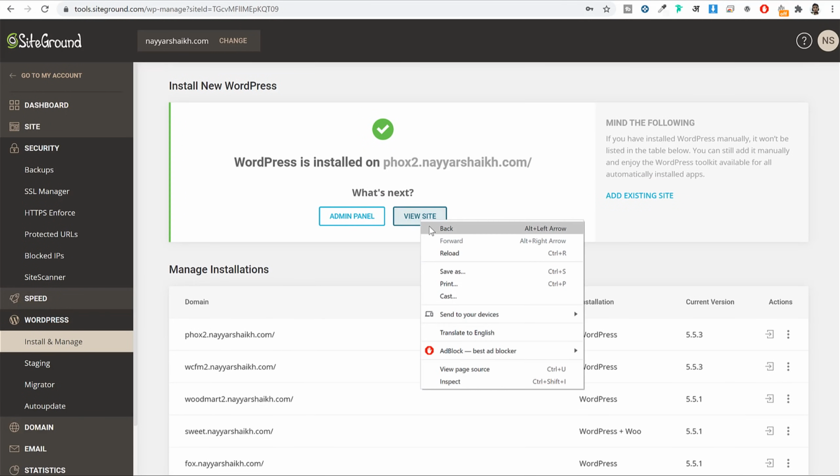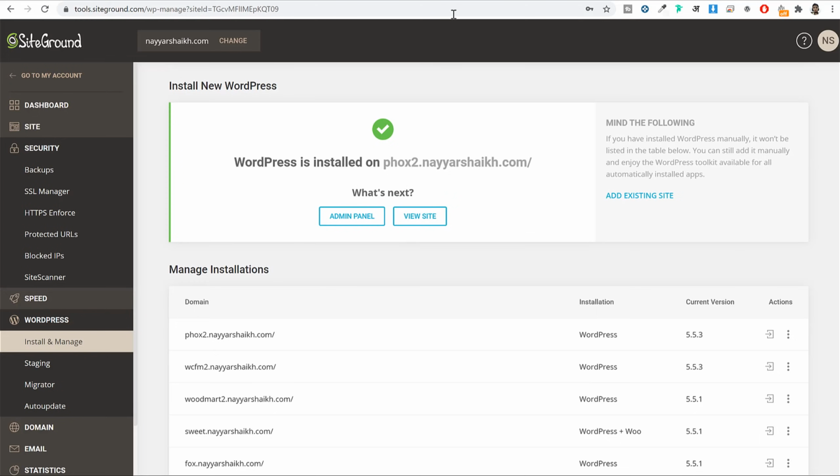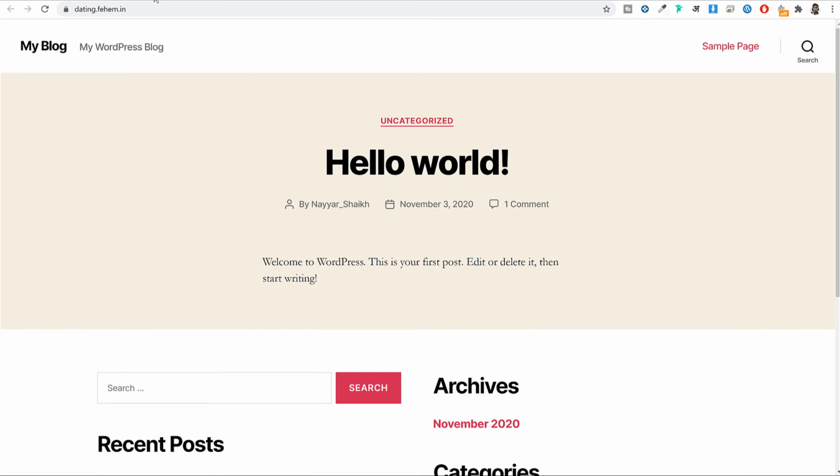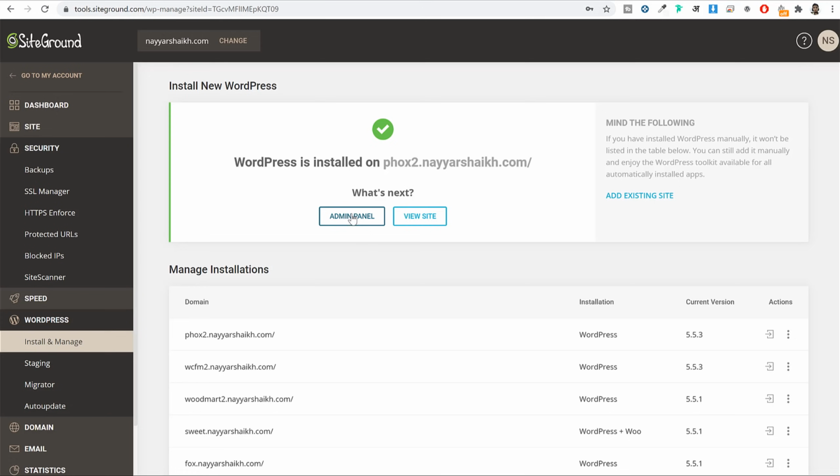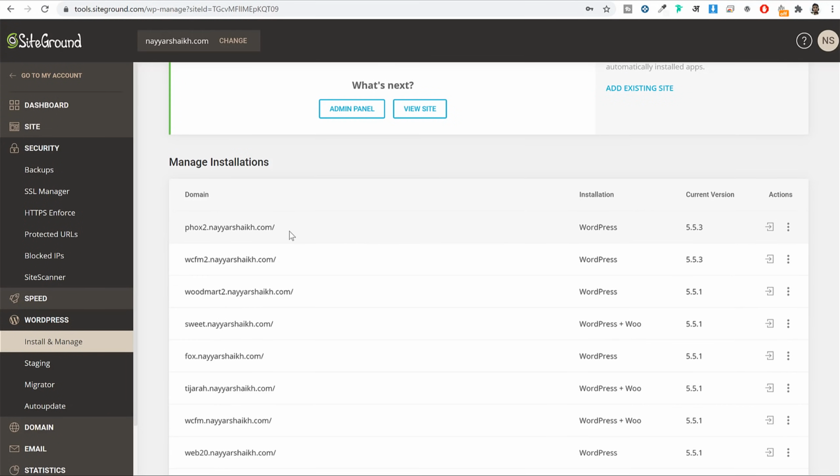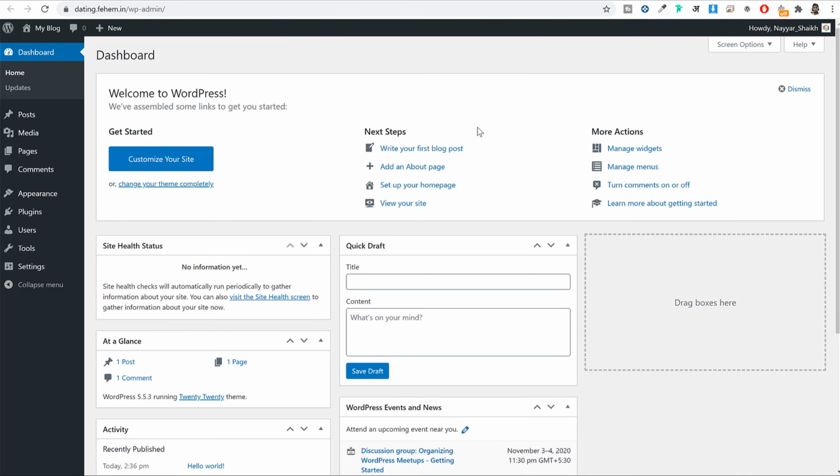If you open this button in a new tab, you will see your website, which is this. And this second link is your admin panel. If you don't see this admin panel button, you can do one thing. You will see this button over here at the bottom. Beside your domain name, you'll see this button, log into admin panel. You can click on this button and you will automatically be logged into your dashboard. And from here, these steps are the same for both the hostings.